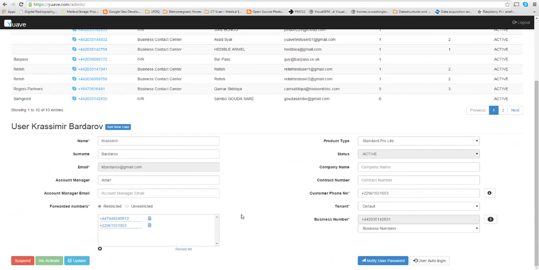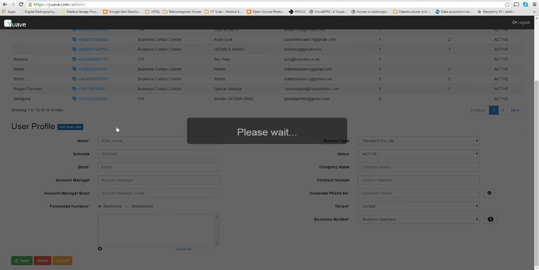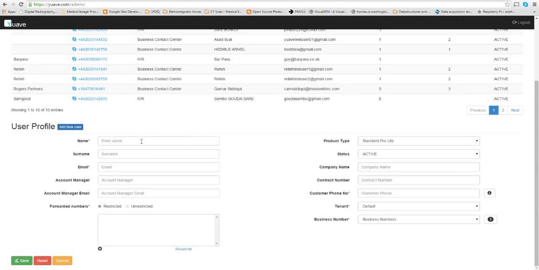So to create a new account, you simply come down here and click on this add new user button. Once you click the add new user button, you can start filling in the information. So I'll just start filling in the required information. I'll give it an email address, account manager's name. I'll skip the account manager's email address for now. Then I will come on here and choose